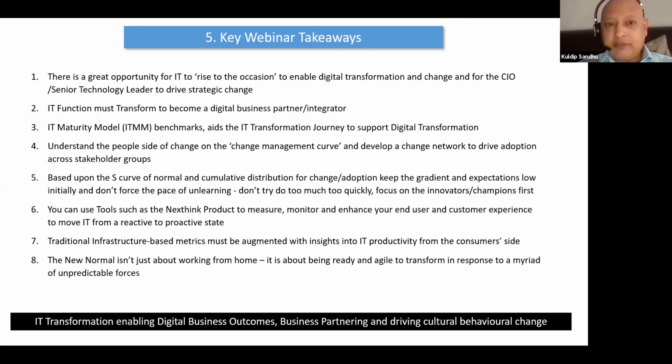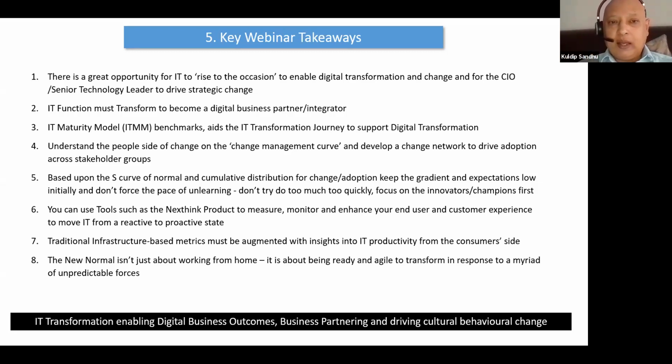I think the IT function must transform because of the pressures they're going to face from a spend perspective, and bringing effectiveness and efficiency is really important, as is being the business partner and integrator. You can use the IT maturity model to benchmark where you are as an organization, an IT department, and think about how that can aid you on the IT transformation journey